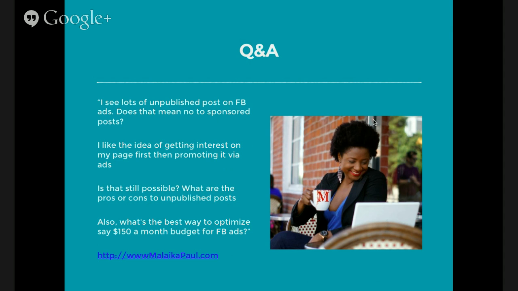The pro of unpublished posts is that you're not bombarding your page with the same call to action in order to then turn it into an ad. The only con is the following: what's great about Facebook ads is the social proof aspect. So when you take a post that has done really well on your page, and it's got likes and comments and shares, and when you turn that into an ad instead of going the unpublished post route, that can be a little more powerful in showing people, oh wow, this is cool. People are excited about that. People are commenting. They're clicking.